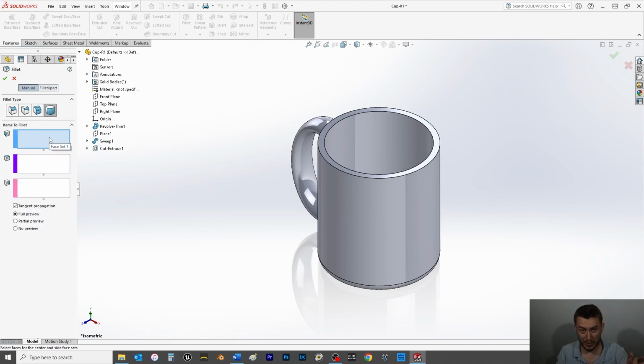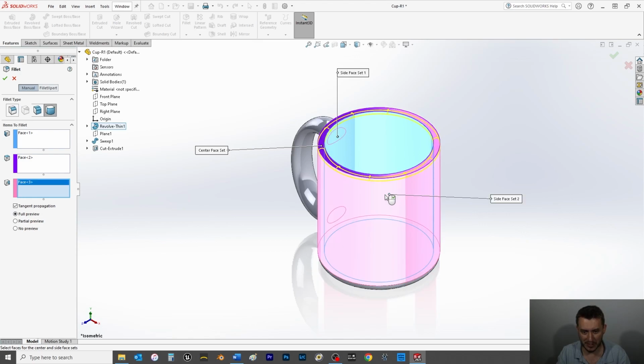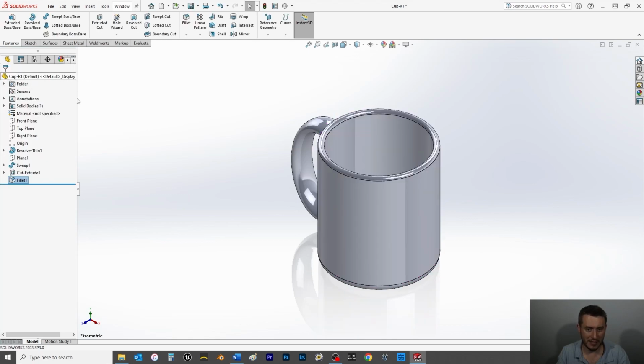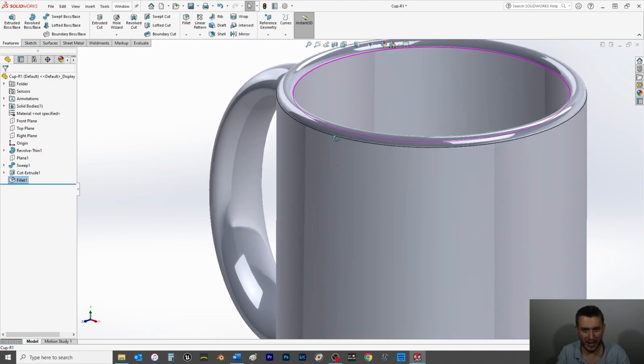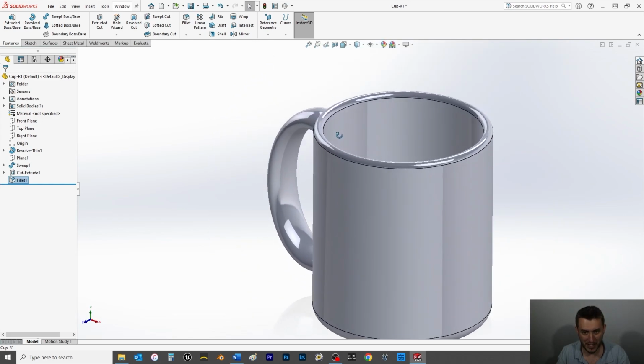Now we have to make 3 different selections minimum to make this happen. So face 1 is going to be this internal face here. Then this here is going to be our flat face, or face 2. So select this one here. And then our third face is going to be this external cylinder of the cup here. Make sure tangent propagation is set. Click OK. We'll zoom in, and you can see that we've eliminated that flat face here and made a fully